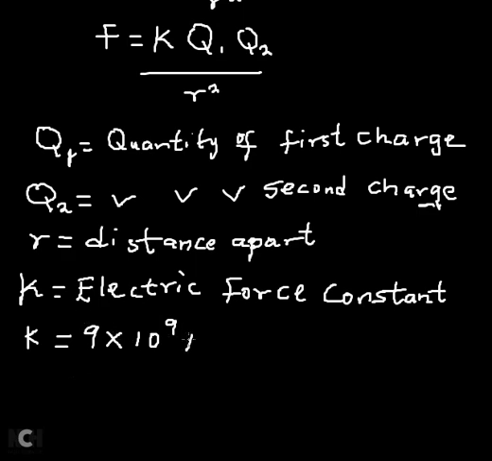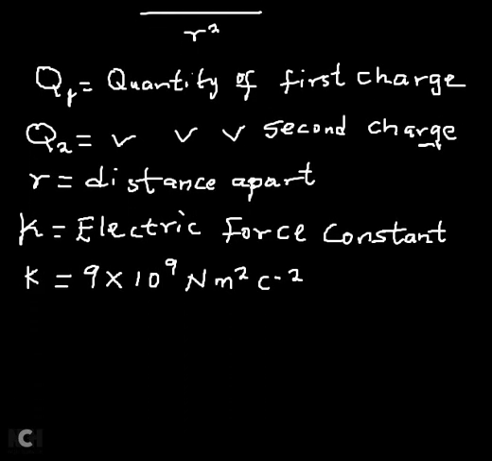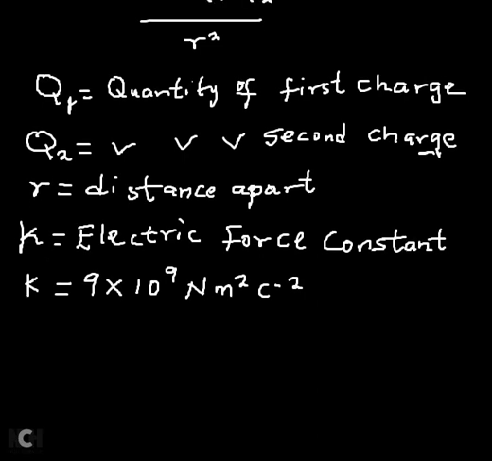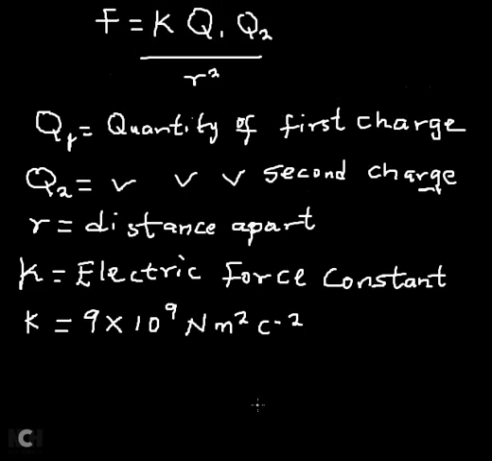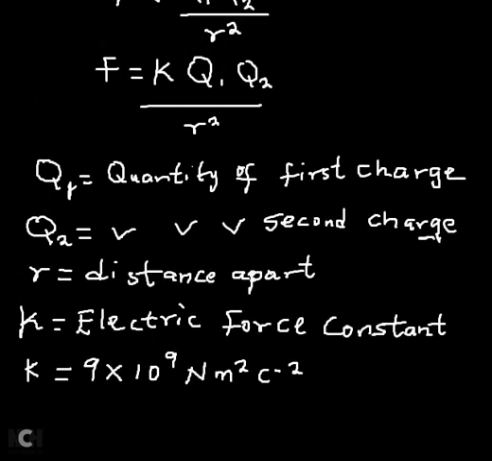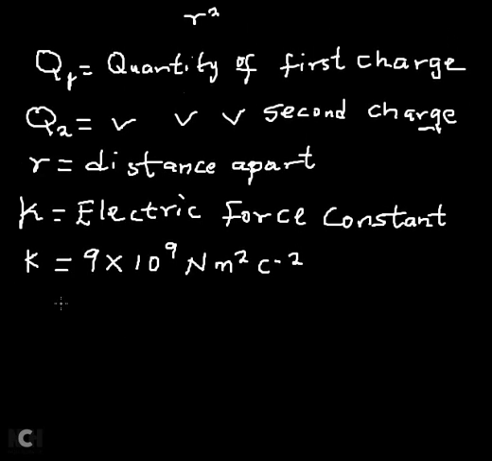The SI unit is Newton meter squared per Coulomb squared. Now the question is, how did Coulomb arrive at this constant? Because it's a constant, there must be some parameters that gave him its value. The parameter that gave him the value is that the constant K is equal to 1 all over 4 pi